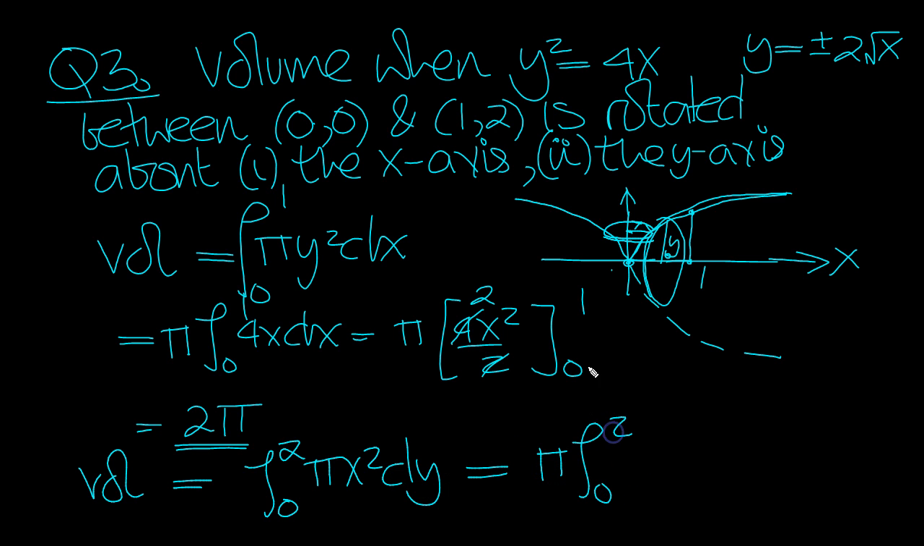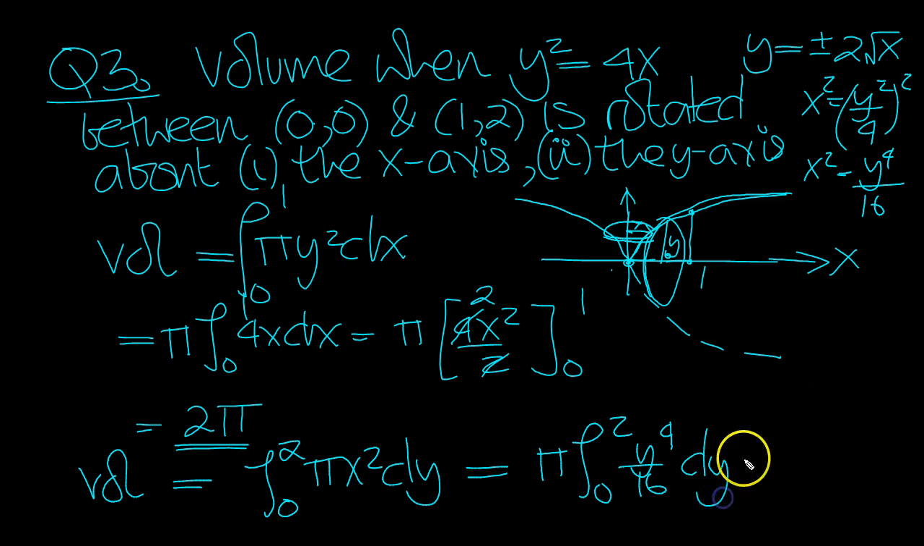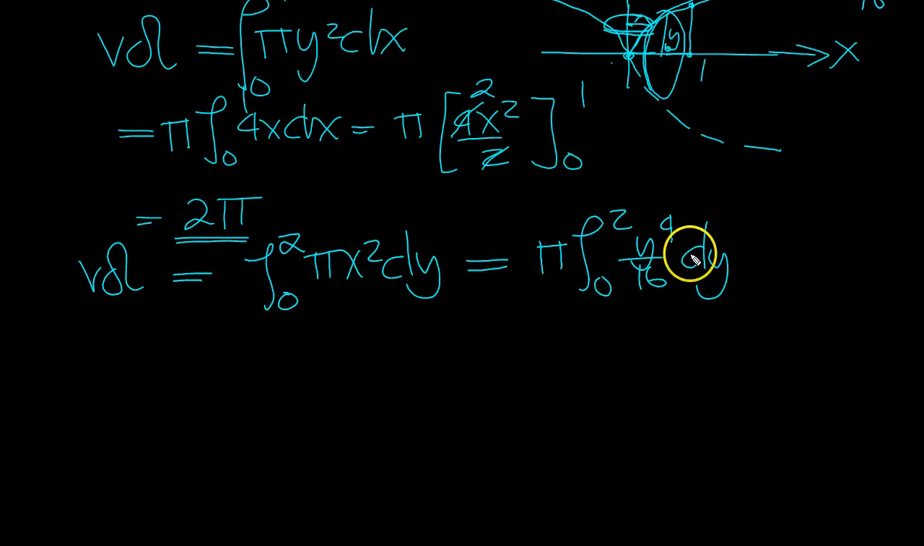0 to 2. Now x squared, x is equal to y squared over 4. So x squared, square both sides will be this squared, won't it? So y squared squared is y to the 4. 4 squared is 16. So we've got y to the 4 over 16 dy. Now we can do the integration because we've got y dy's. Pi y to the 5 over 5 lots of 16, which is 80,